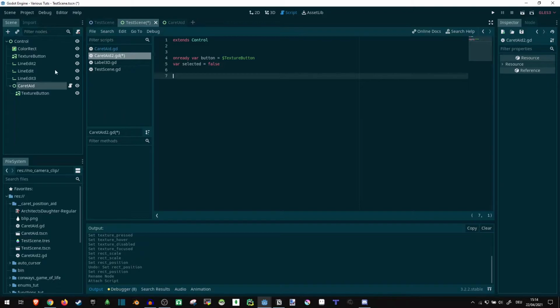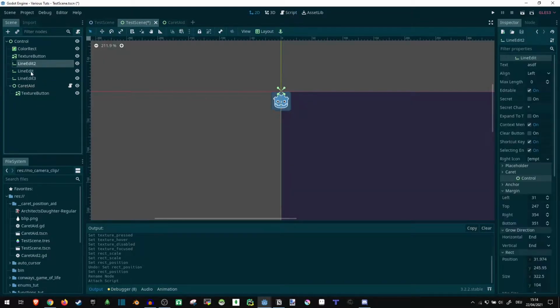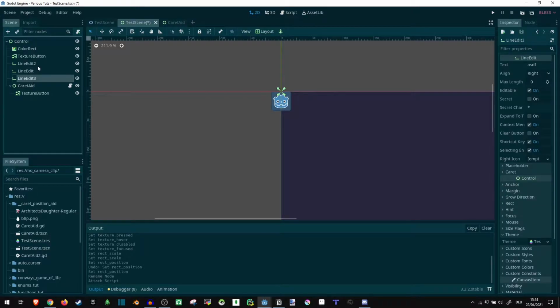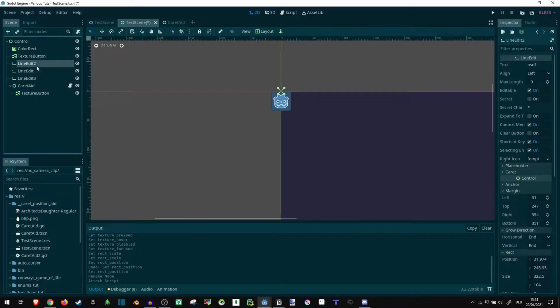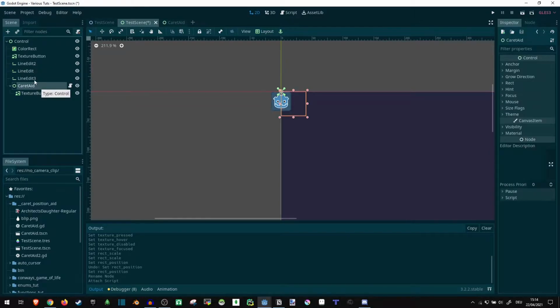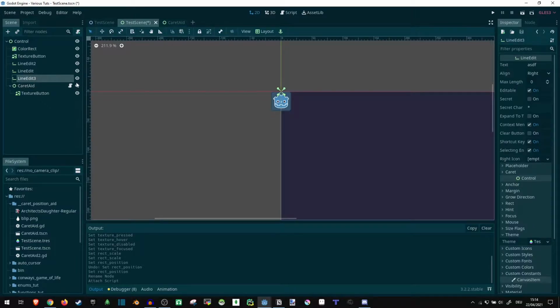And as you can see, this one caret 8 thing, as I'm using it, is supposed to be working for any line edits I have in my scene. You could technically just have a child for each line edit, but I felt it was a hassle to attach that to every single line edit, so instead I made one that works for all of them. It's not a big change, it's actually a bit simpler if you want to attach it manually,